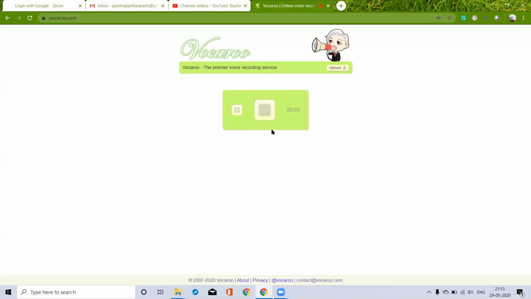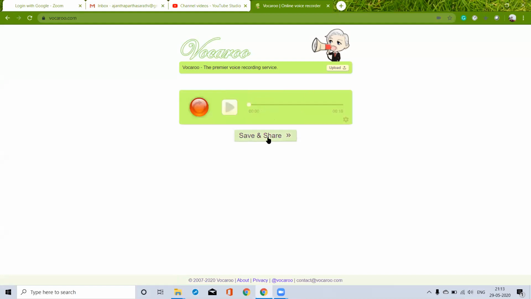If you want to pause your audio recording, just click this pause button and we can resume it. So we are seeing again it started recording. After we have finished our recording, just click this stop button. And if we are satisfied, we can go for this option, save and share. If we want to redo this, we have to click this button again.